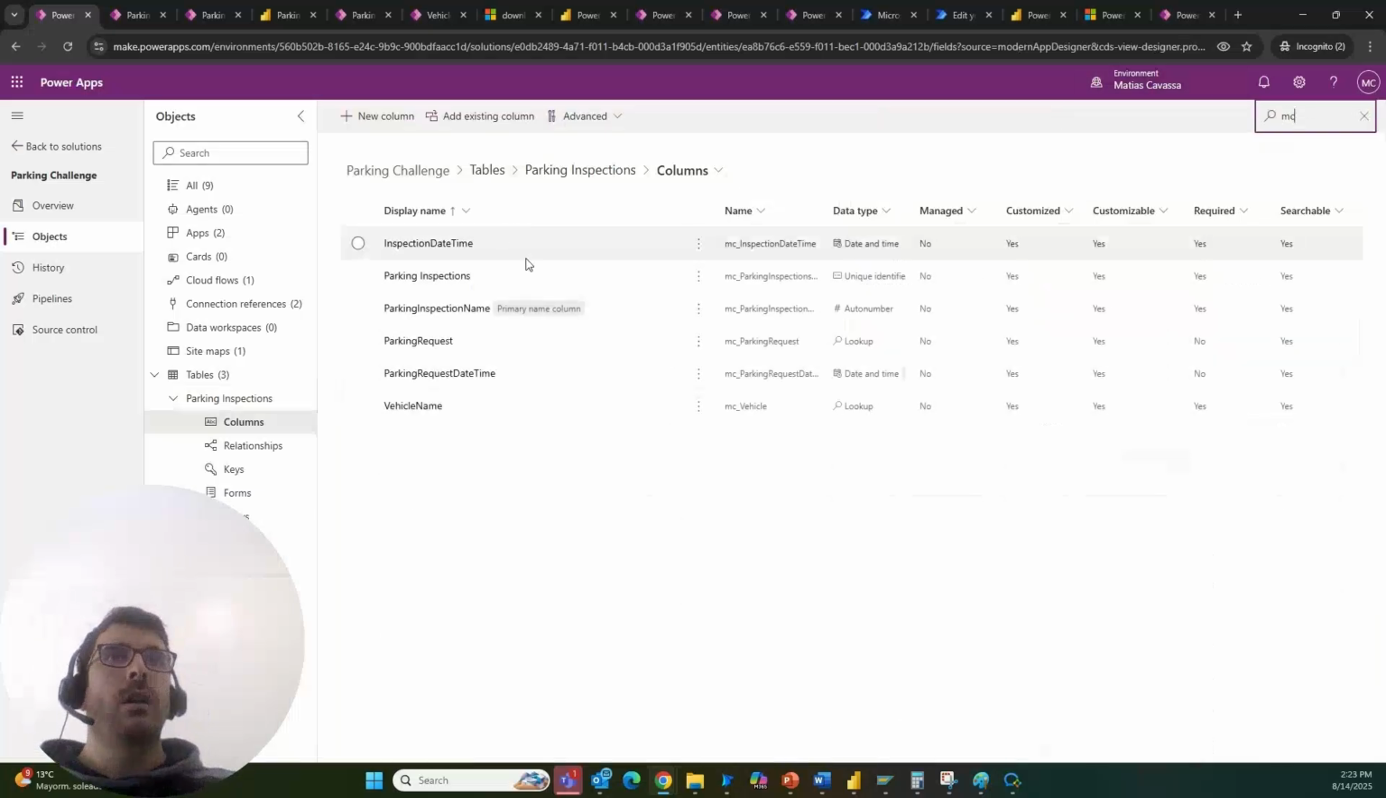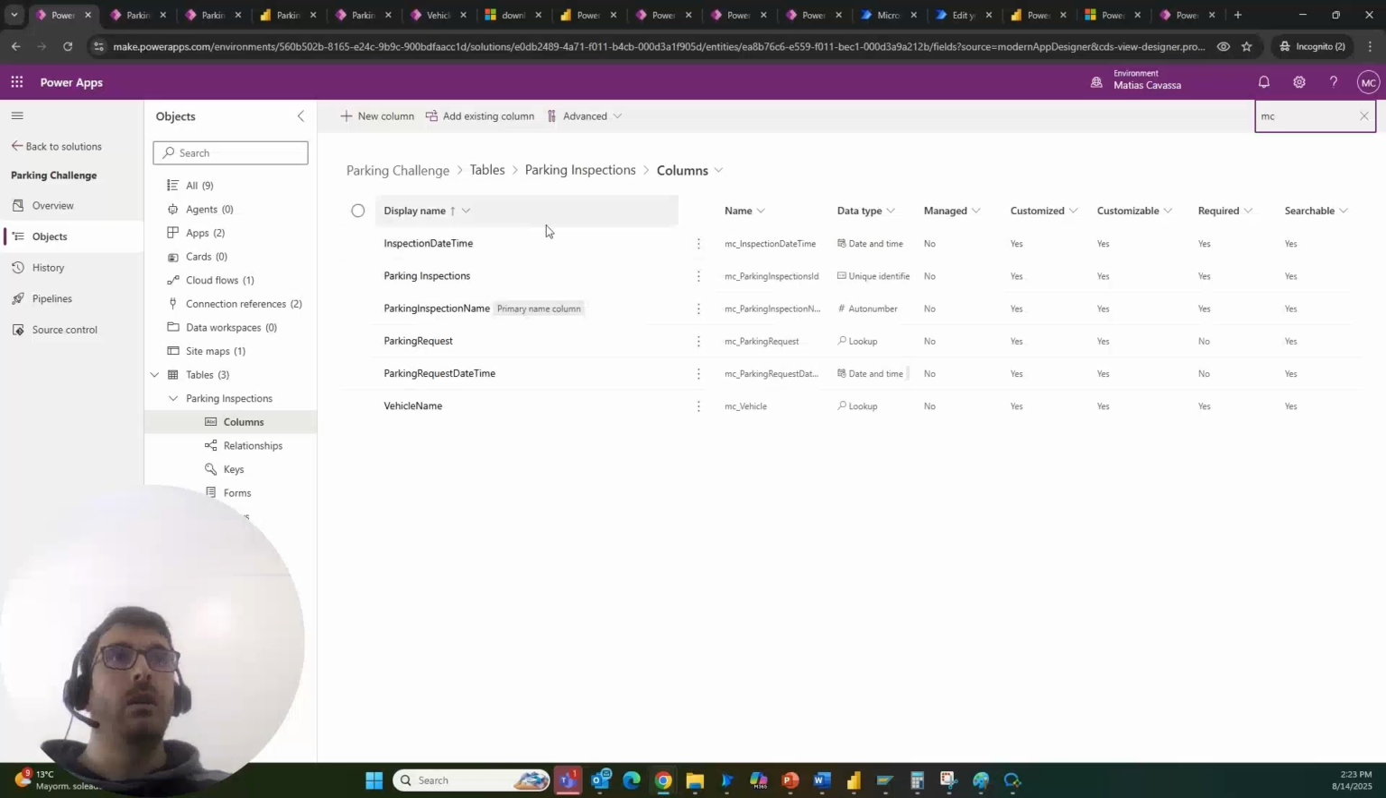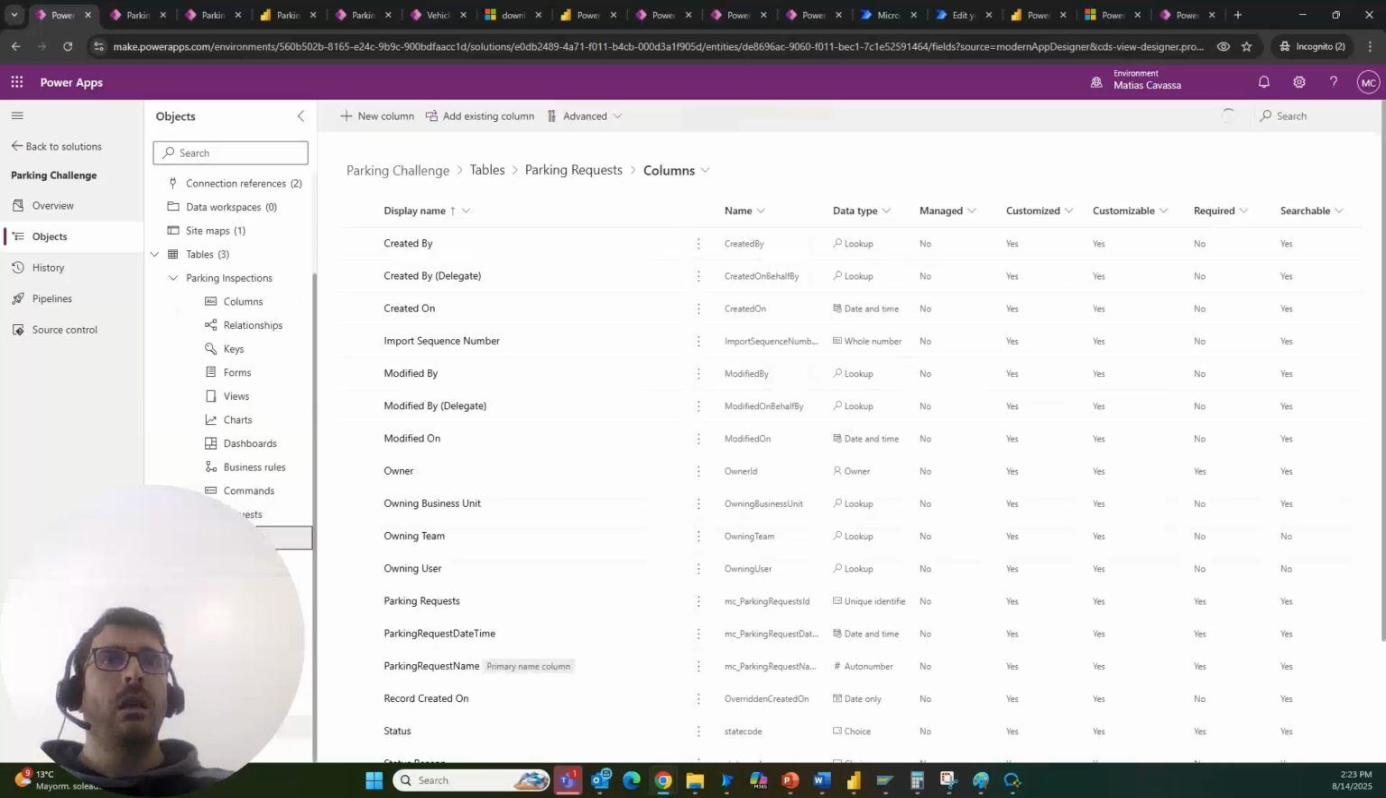we can filter the columns I created myself. Here we have the lookup relating the parking inspection to the parking request and the vehicle name, and we have here the parking inspection as a unique identifier. It's going to be used later in the Power BI report to link directly from our report to our forms. The same structure applies for the columns in the parking request, and